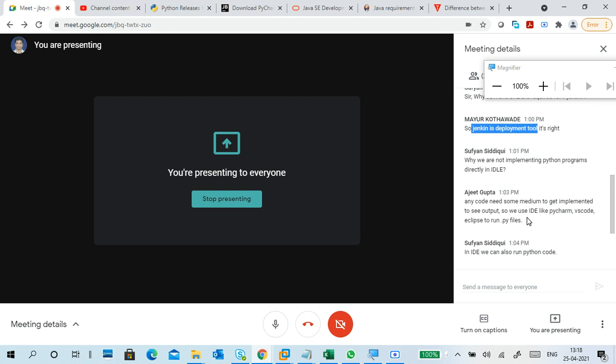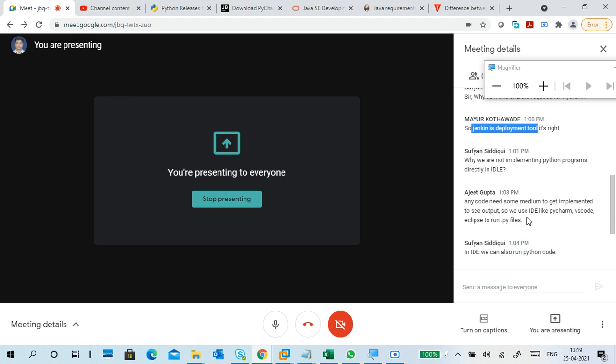Generally we use IDEs for Java, and in the same way we can use Python also. The only thing is Python should be installed on your PC. Then you can use any IDE, add those libraries to it, and create a Python file.